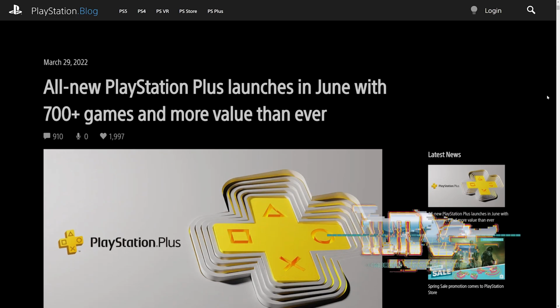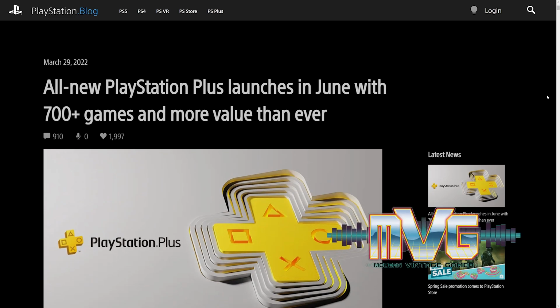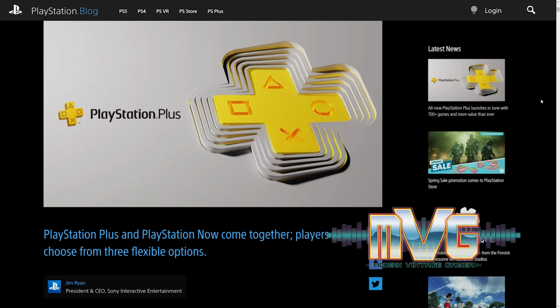So yesterday, Sony announced that the brand new PlayStation Plus service would be launching in June with 3 tiers. The PlayStation Plus Essential, which provides the same benefits as PlayStation Plus for members at $9.99 a month, and this is US dollars that I'm talking about. The PlayStation Plus Extra at $14.99 a month, which adds a catalog of up to 400 of the most enjoyable